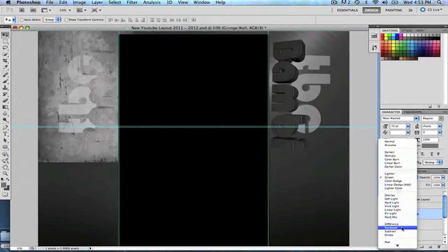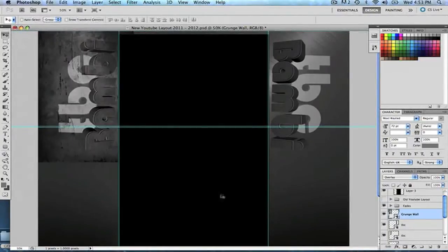I kept clicking the wrong thing. I was like, wait a second, there's overlay. And then it turned out the way I liked it. And then I had to go to the eraser, and I was like, alright, there we go. This is where I started getting down to business, and it started looking good. This is where the background started coming together. I was like, alright, now I've got a general idea of where I'm going with this background.